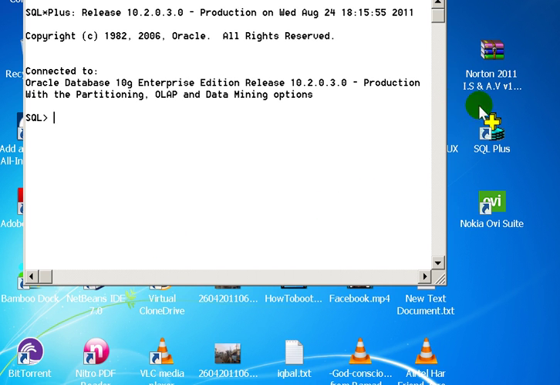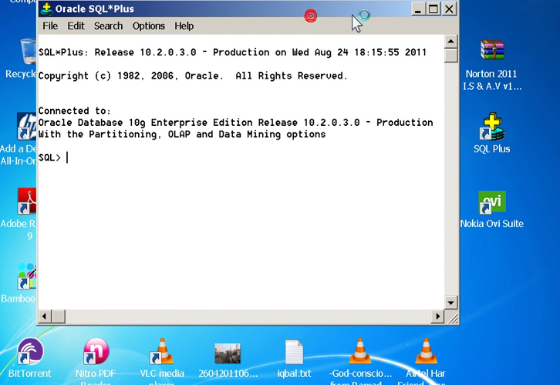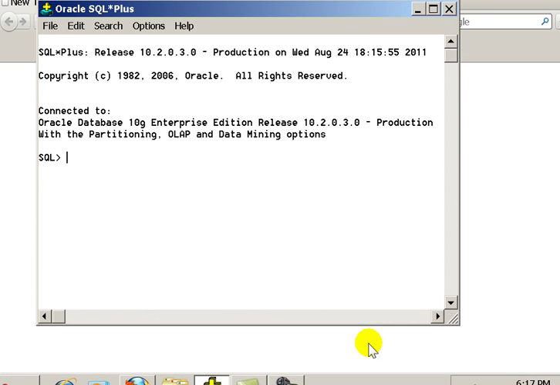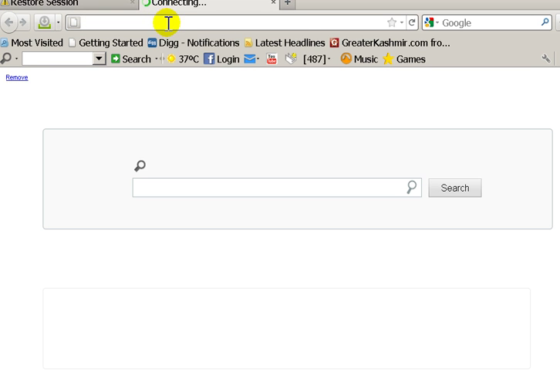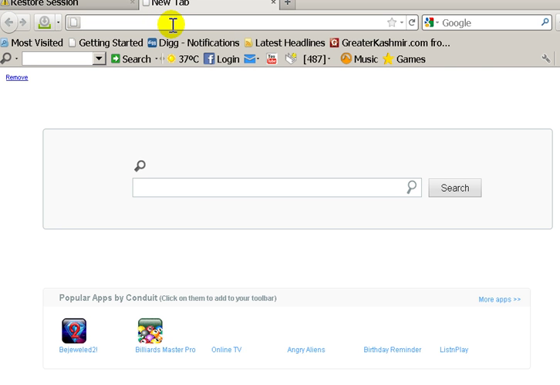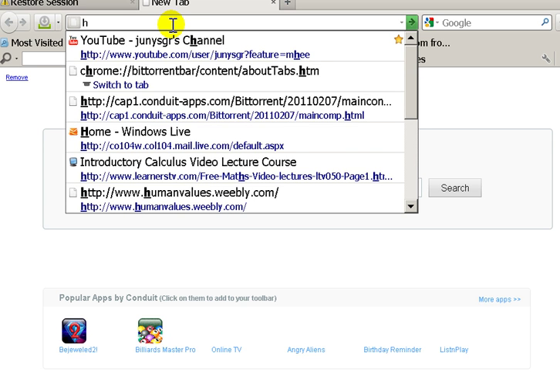So one way is to go like SQL Plus, and enter username and password to get here. Another way is to open the browser, right? You can open your browser, and in the browser, it's taking a lot of time, no? Okay, now it's coming up. Okay, in the browser, what you do is you will have the HTTP, okay,